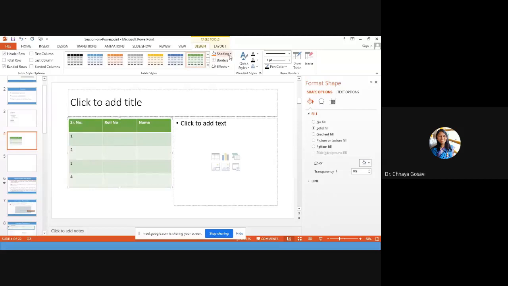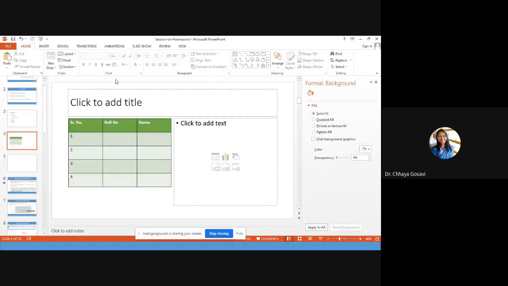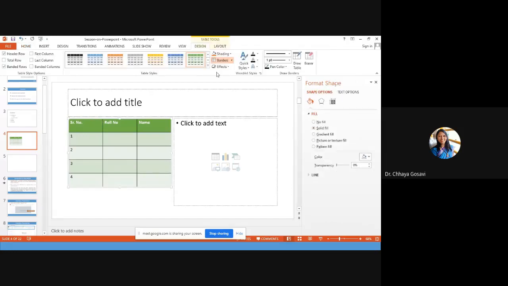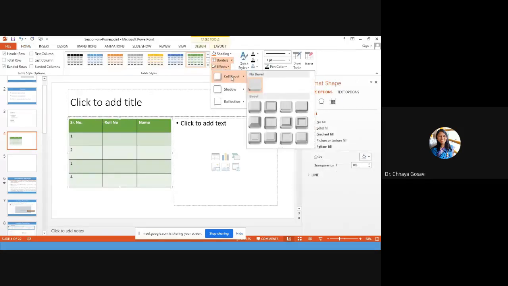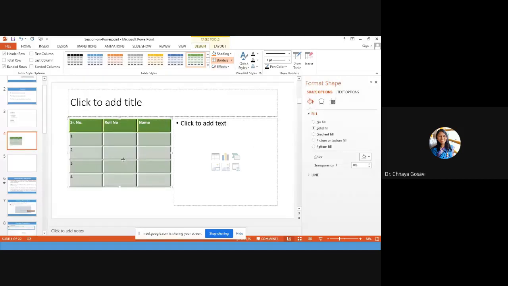We can change shading. We can change borders if they are not given. If I want to give borders, all borders, I first have to select this table and give borders. Then I can give effect. Effect is say 3D or 2D effect to my table or cells.